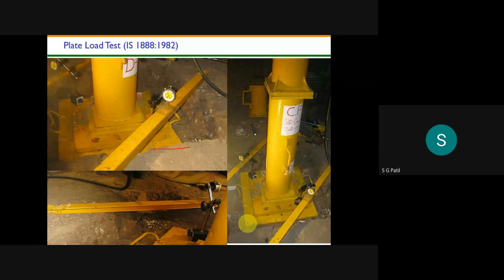You see, this is the plate. Here you can see 3 plates are there. We will always keep 3 plates: first plate, second plate, and third plate. And this is the loading column. Can you see these dial gauges? These are the dial gauges which will take the settlement of this plate. This is the plate, and this is the pit. Can you see this pit here?